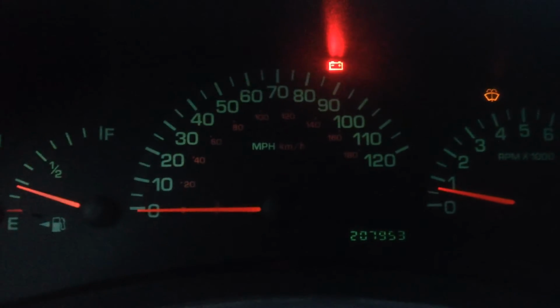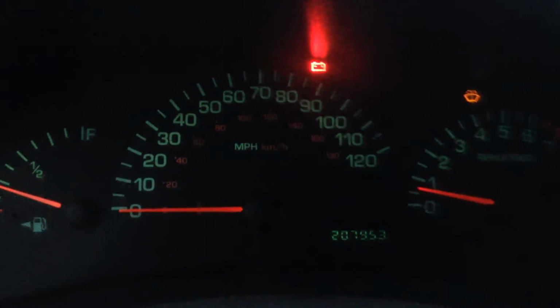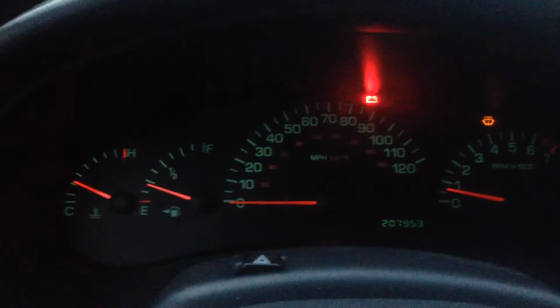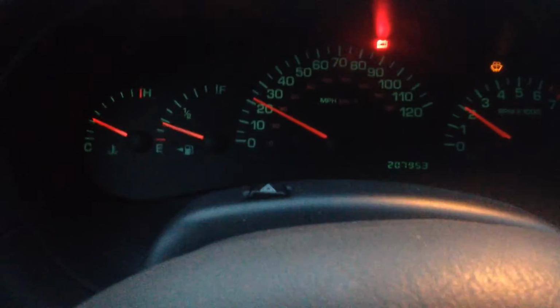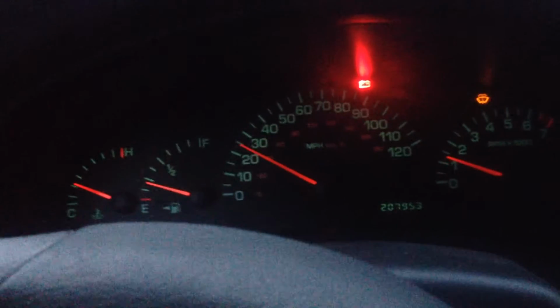So I'm going to drive down the road, and you're going to see that the battery light stays on. Hopefully I won't get into a wreck, and the car is at temp pretty much. So here we go. Hopefully I'm not going to run into any cops. Where I'll stop is about a half mile away from my house,